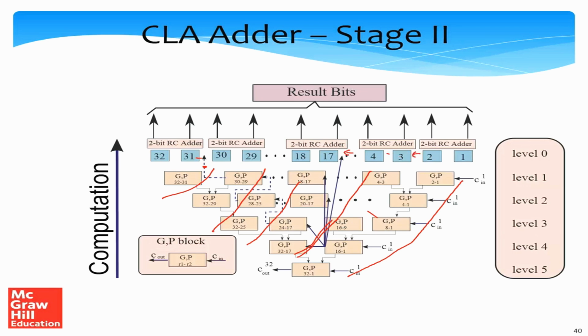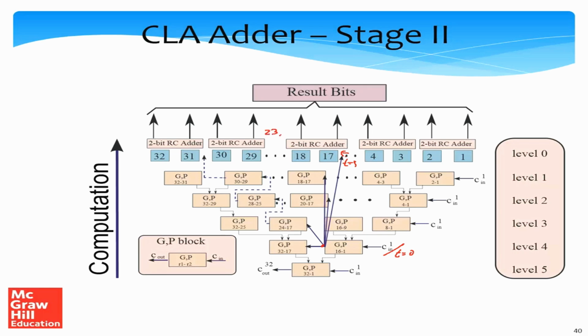So let's maybe consider the example with bit pairs 17 and 18. So let's see how its carry in will reach it. So let's take a look at 17 and 18. So t equal to 0, we are over here. At t equal to 1, we have computed the carry out over here. And this immediately reaches the ripple carry adder, which is adding the bit pairs 17 and 18 at t equal to 1, and an addition can be done. So let's maybe look at